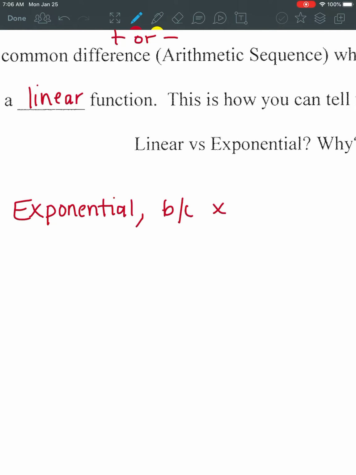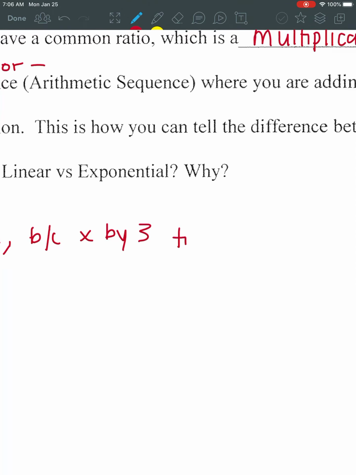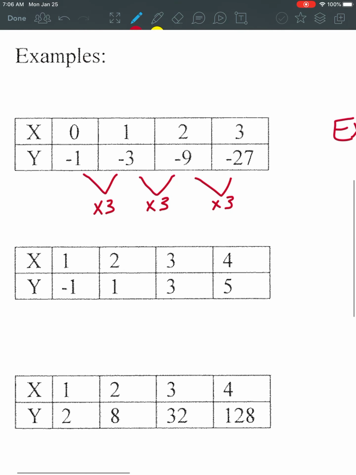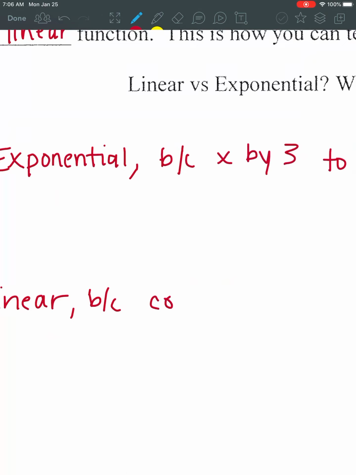And because we are multiplying by 3 to the y values, that's what we're looking at, as long as your x values are going up by 1, and they are in all of these tables. Now here, the pattern would be adding 2, adding 2, adding 2. Since we are adding the same thing over and over, this is linear